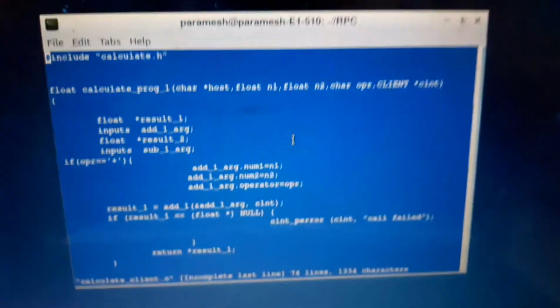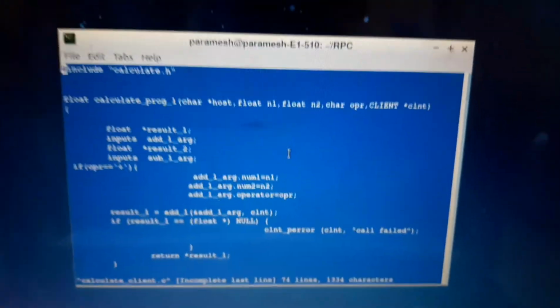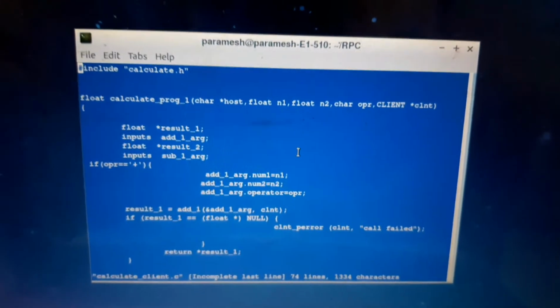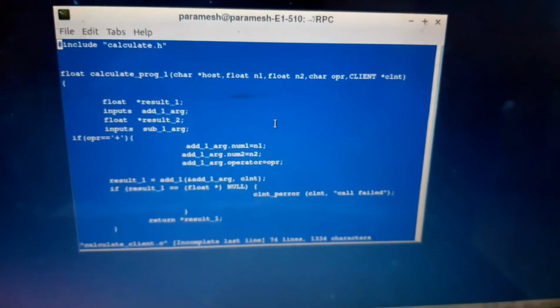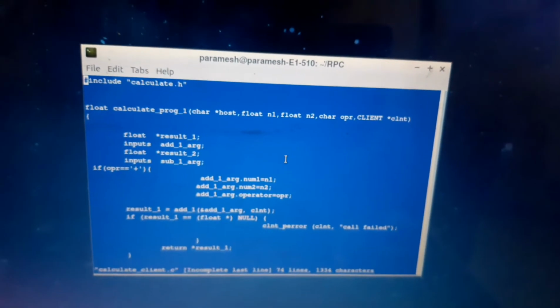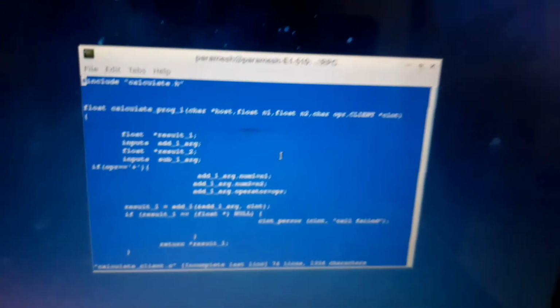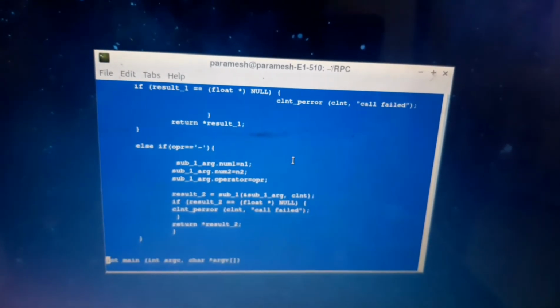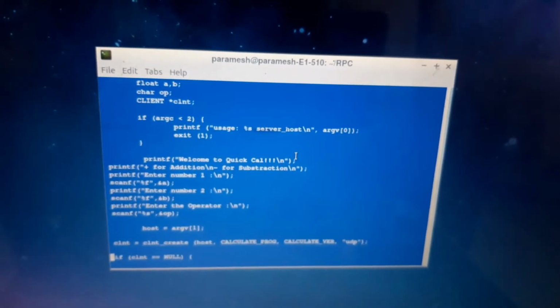First we have to enter vi. This is the calculate client.c program, which before it will be a sample program. We have to edit it. It is an editable file. We have to enter the code which we require.